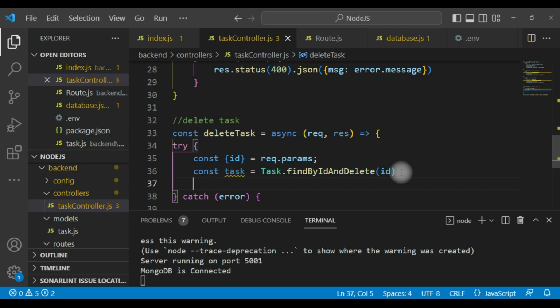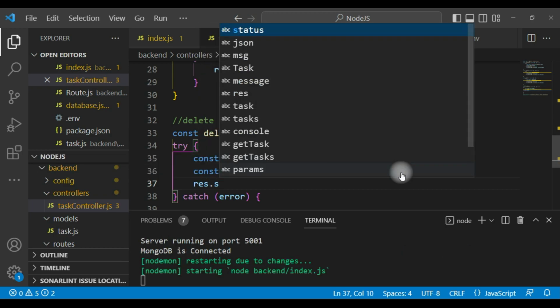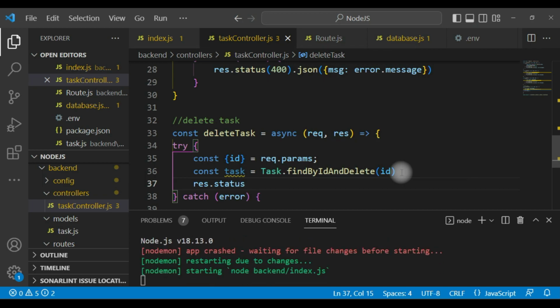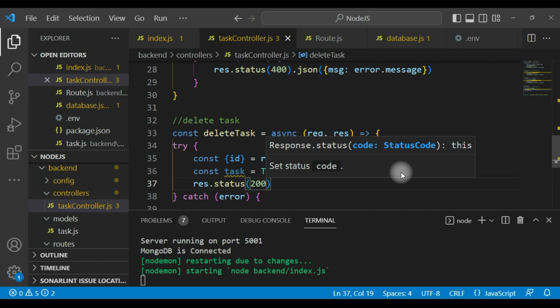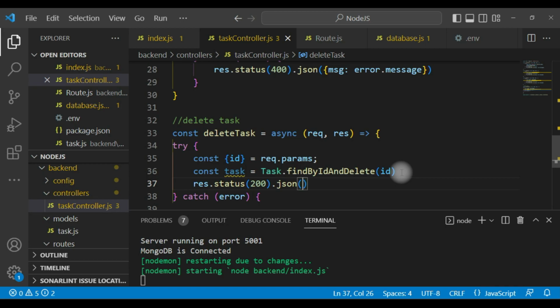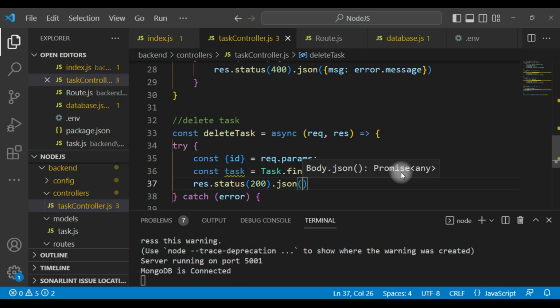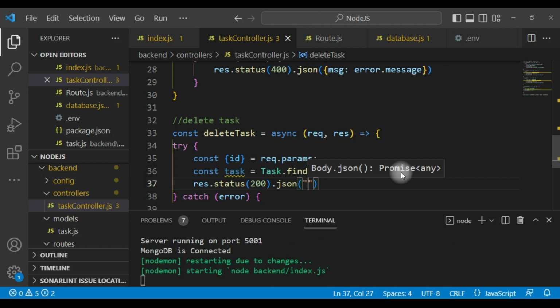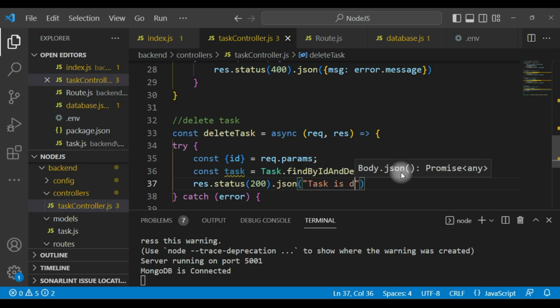and we print our response dot status will be 200 and in JSON we can send a task is deleted message.